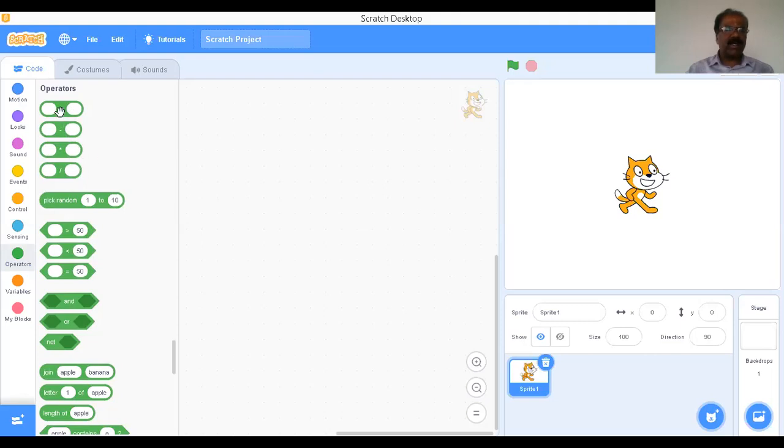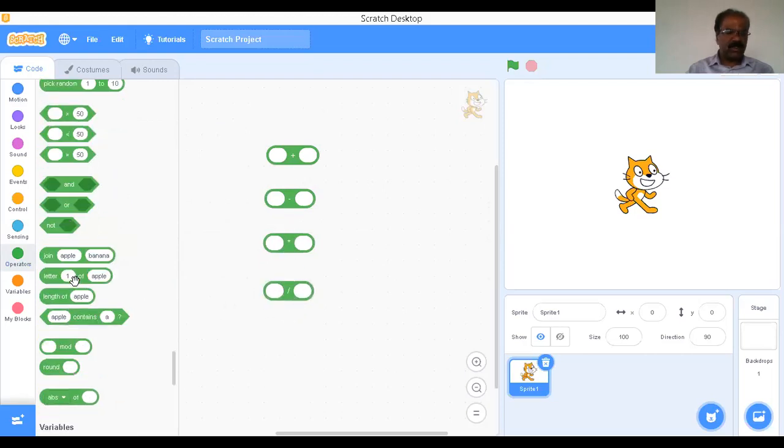Just drag and drop. See here, I'm going to drag this and drop it here. Now this is for addition, this is for subtraction, this is for multiplication, and this is for division. These are the blocks to perform arithmetic operations. Then I'm going to concentrate on one more operator called modulus.